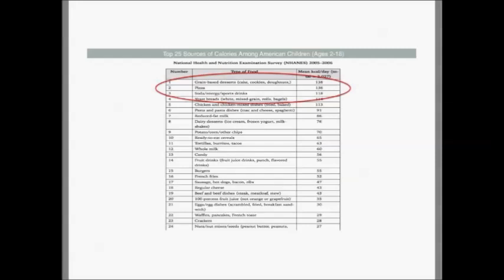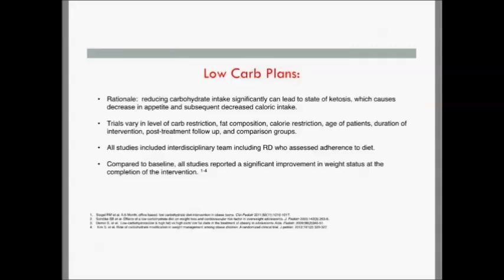I know we have a lot of nutritionists on this call today. So I was amazed when I dug this graphic up about the top 25 sources of calories among American children. Number 1 is grain-based desserts such as cookies, cakes, and donuts. So that is the number 1 source of calories in our kids, and we wonder why we're in trouble. Number 2 is pizza, and number 3 is soda, energy, and sport drinks. And then if you look down the list, you see a lot of carbs. You don't see much in terms of protein, and the only vegetables that are up there are French fries. So it is obviously what they're putting into their mouth more than anything.